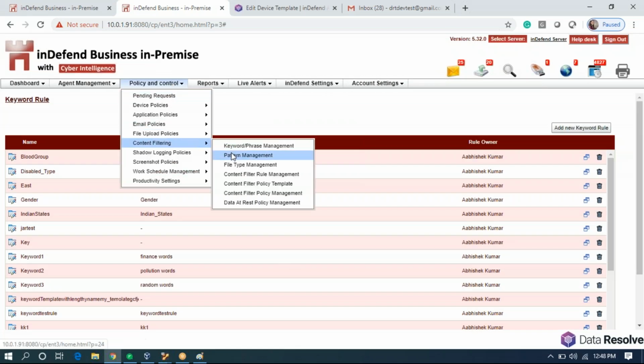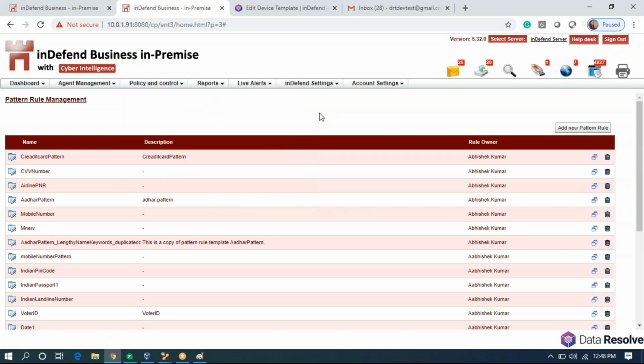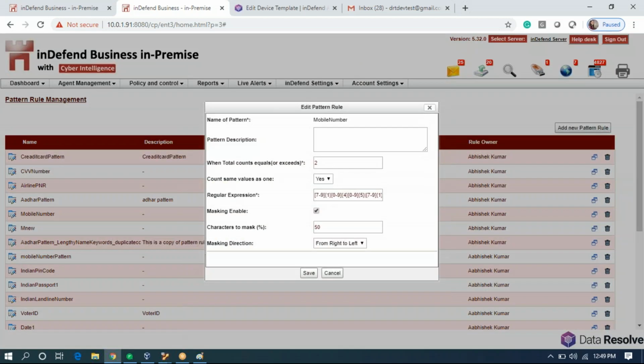Similarly, I can also create pattern-based rules. Pattern-based rules are majorly for your sensitive patterns like mobile number, Aadhaar card number, PAN number. So these are some of the basic patterns already in place for mobile numbers. So we will apply the mobile number pattern over here. Basically for pattern based rules, you can create a regex of any pattern that you would want to restrict or block.